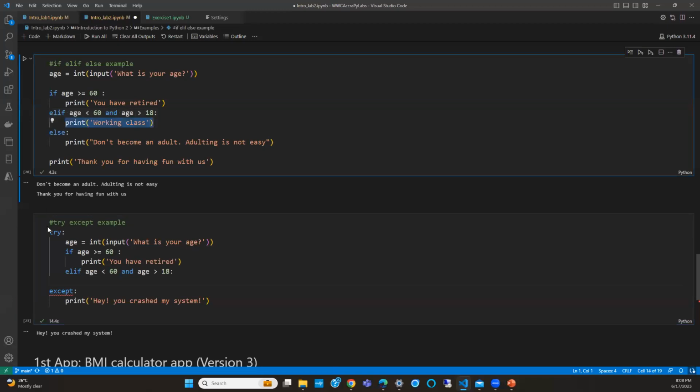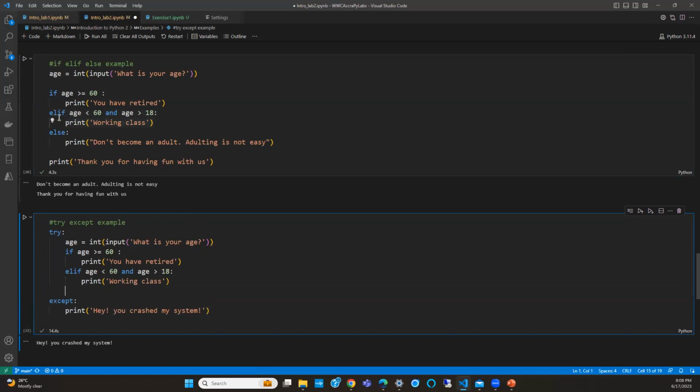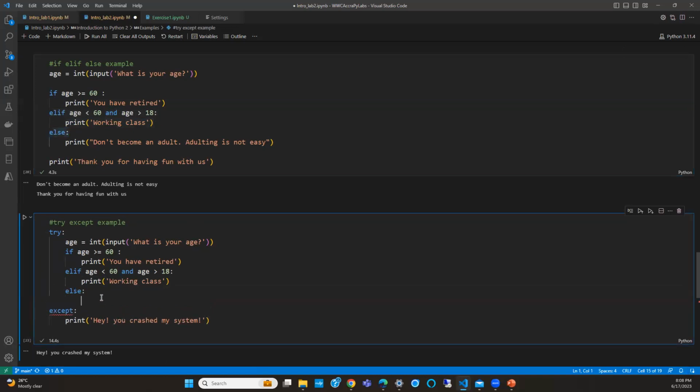Okay, so this is for our nested conditionals, and it doesn't have to be try and if else nested in try except. It could be if else nested in an if, some if else nested in the else part, and another if else nested in the elif part, right? It could be nested any way you want.